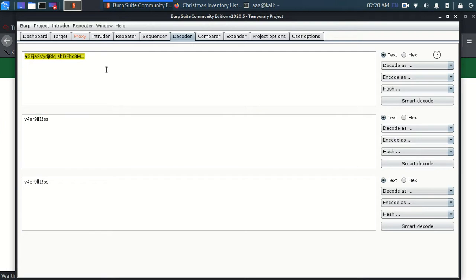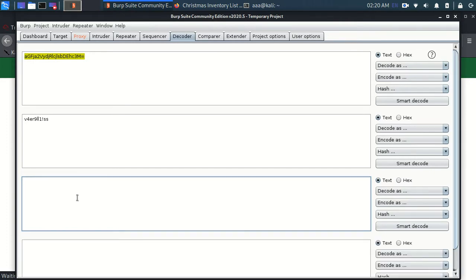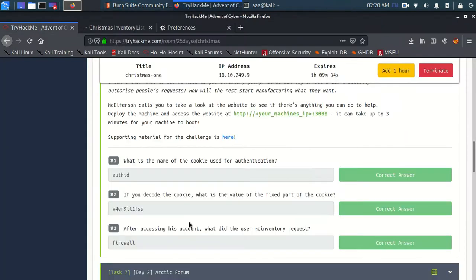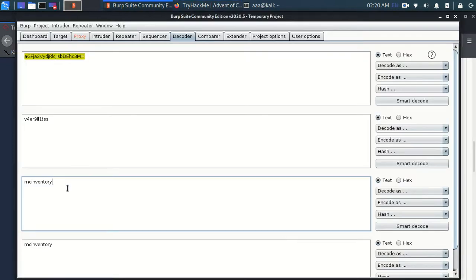So now what we will do is decode the word known as make inventory, because they want us to log in as make inventory. So I'll log in as make inventory. To get the cookie value, we are encoding the string.